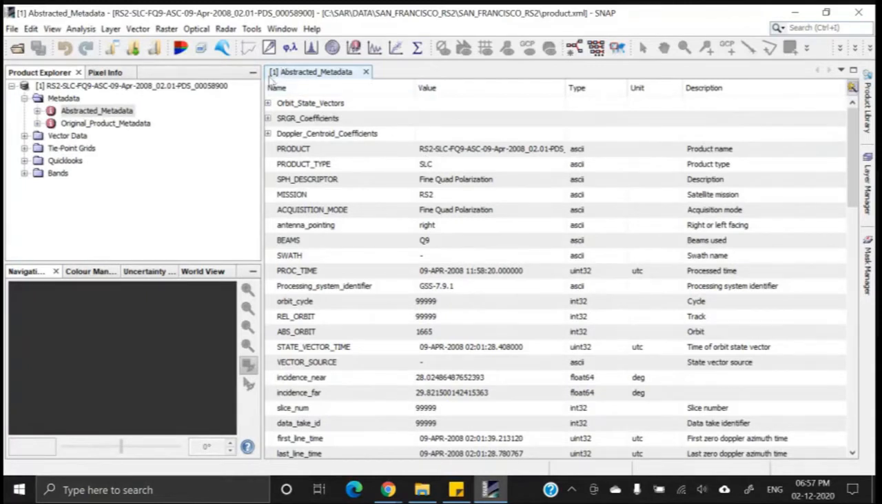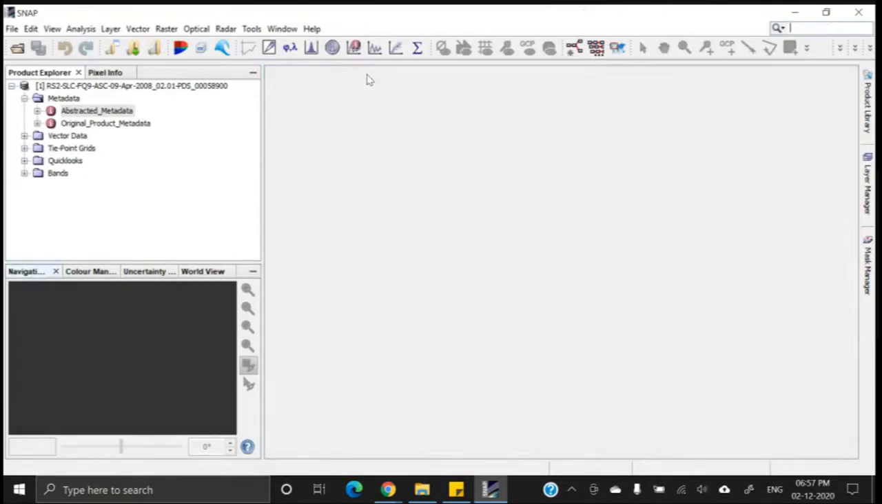Now let me close this abstracted metadata information. If you click on this cross button, it will be closed. Okay, so next let me come to the next folder, vector data. Here you will have the vector data if you have it, but currently for this image or for this kind of processing we do not have any type of vector data, so leave this one. Next is tie point grids. Okay, tie point, what is tie point grid? I will explain you later, and quick look will also be explained later, but before that let me come to the